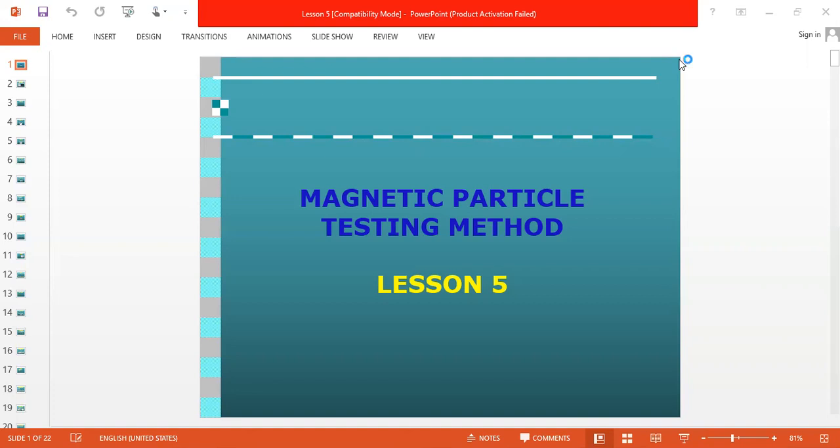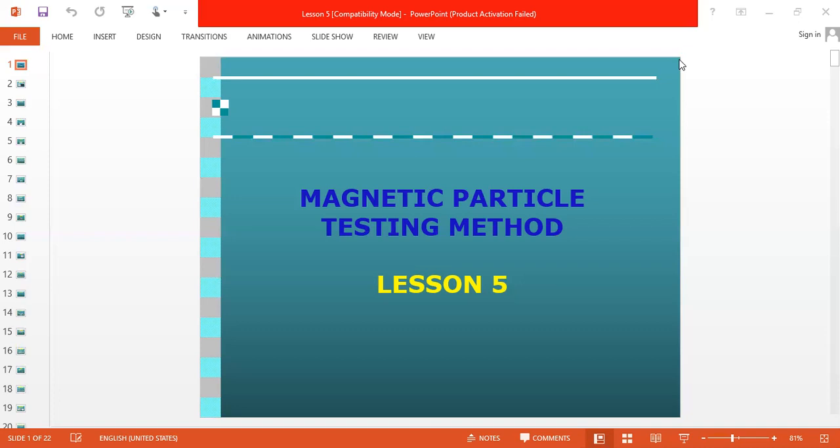In circular magnetization, basically there are two types: one is direct induction, and second is indirect induction. Direct induction means we are sending current directly to the specimen, and then the magnetic field is generated in the specimen. In the case of a central conductor, we are sending current to the conductor and the magnetic field is induced in the specimen; that is indirect induction. So headshot will produce a circular magnetic field, central conductor will produce a circular magnetic field,